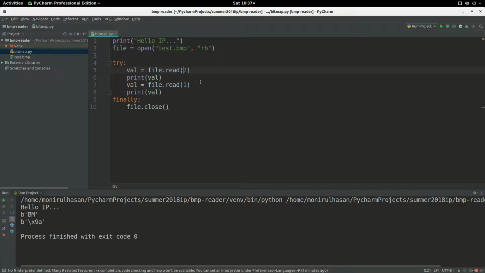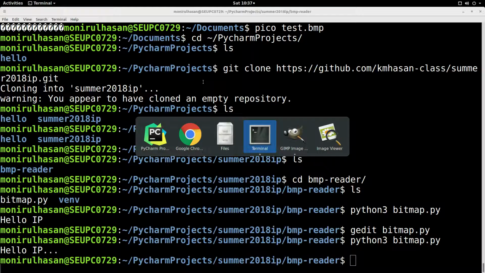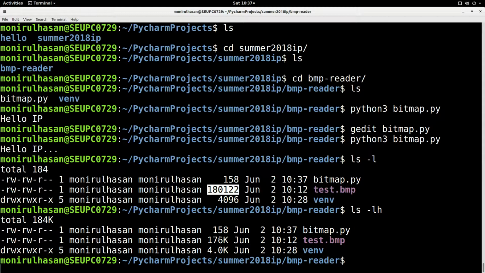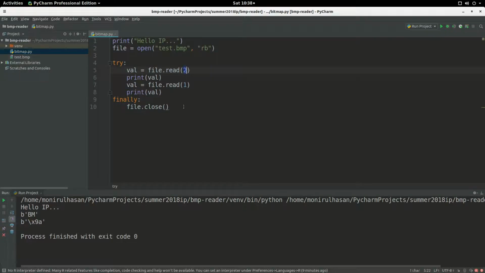Alright, so how many bytes are we going to read? It depends on the file size. See, if you type in ls minus l, you get the file size in number of bytes, in Linux. Or if you use lh, that's the human readable one, when we see kilobytes or megabytes or gigabytes. But what I really want to know is the file size, and I can copy from here and put it over here. So that's the number of bytes I want to read in one go,